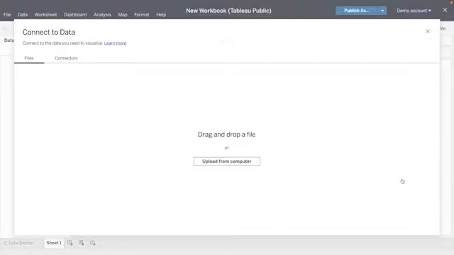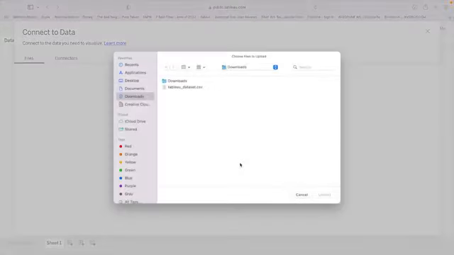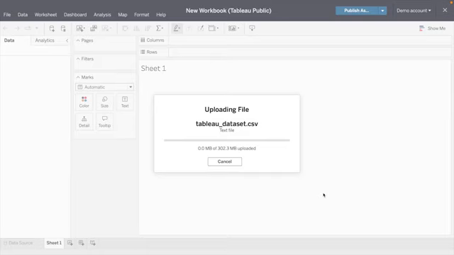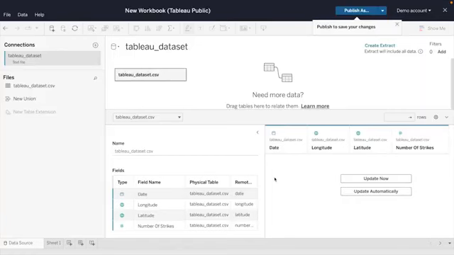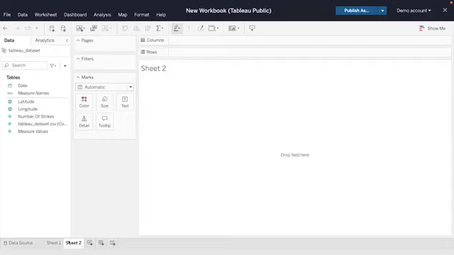We'll use another data set from the NOAA lightning strike data. Once you've uploaded the data source, you'll start your data visualization on the data source page with the NOAA lightning strike data. The date, longitude, latitude, and number of strike columns are all there. Let's open a new worksheet so that we can create a geographic map. This requires latitude and longitude data that Tableau can use to plot the points.